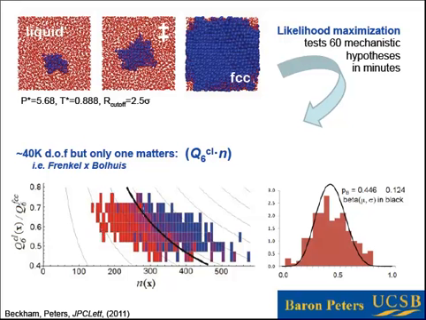And right here along the black line are the predicted characteristics of the critical nuclei. And you can see that when we go back and test those in the committer test, we find a remarkably sharp description of the committer probability. So the points along this line have committers that are 0.446 plus or minus about an eighth, right? So this is very, very tight resolution on the transition state surface for this very complex problem, right? So we have 40,000 degrees of freedom, and you really only need one to describe its dynamics, and I think that that's pretty remarkable.